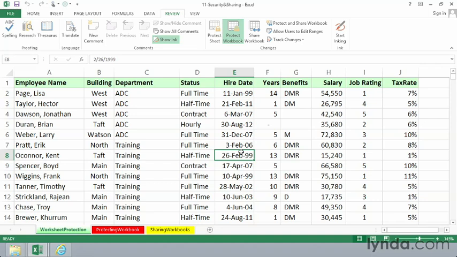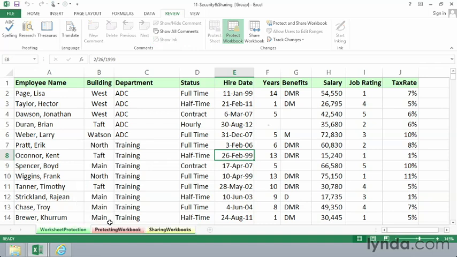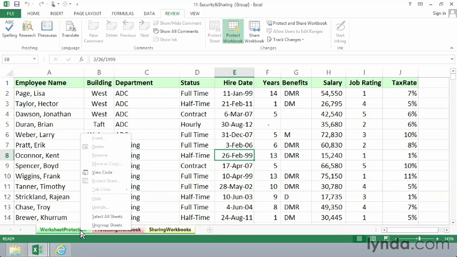So imagine this is in someone else's hands. It's been saved. The other person might think, I wonder if there are any hidden worksheets here. I'll right-click one of these sheets. Well, we don't even know. We can't get to that feature at all. We can select all sheets, but that's not going to help us. We could right-click down here, and as you can see, we can't insert or delete or rename or move or